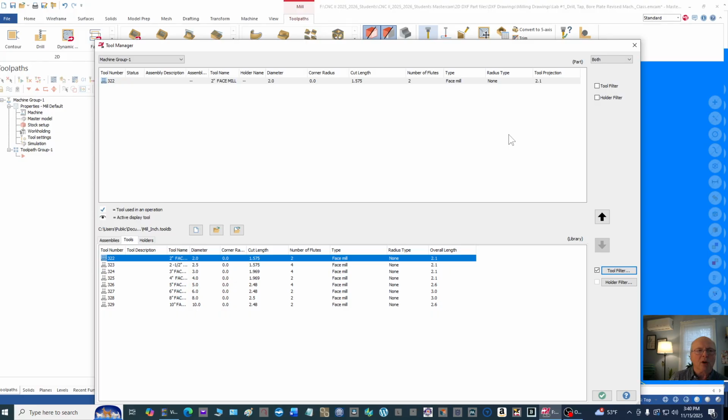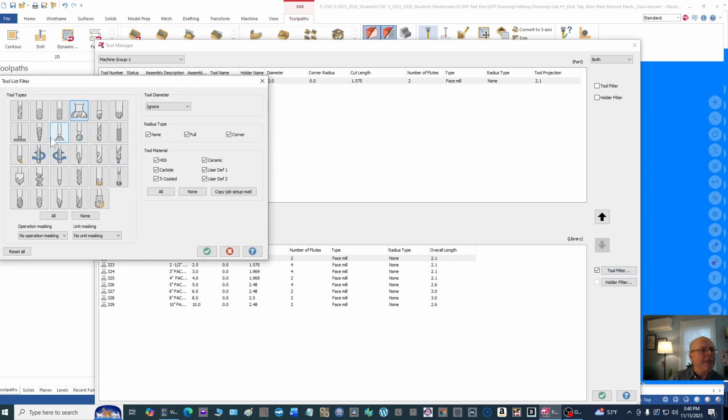You've got to make sure, for instance, your tool number up here is 322. Now this is going to be tool number 1 in our list of tools, so obviously 322 is not going to work. We have to change that later. So I'll hit the tool filter again, and this time I'm going to say none again,